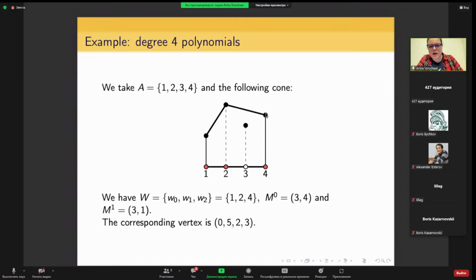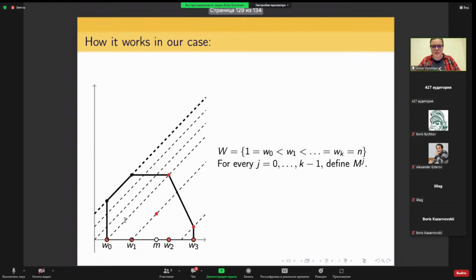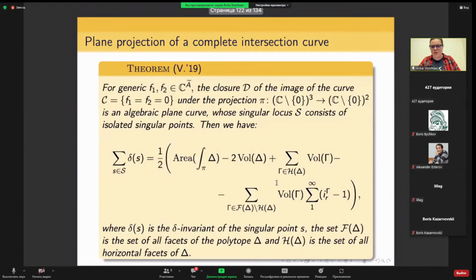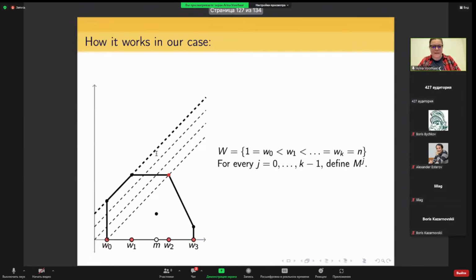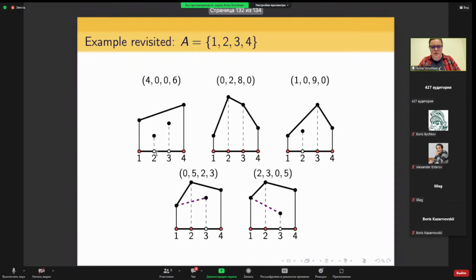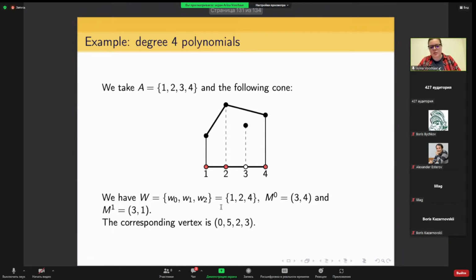And for this interval, I first encounter point 3 and then point 1. And that's basically what I remember. And using this data, I plug it into some scary long formula, which I obtained, which basically is a consequence of this computation, up to some words that I didn't say. And I get that the corresponding vertex of the Newton polytope of the Morse discriminant is